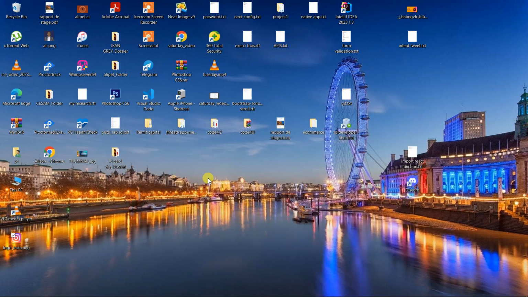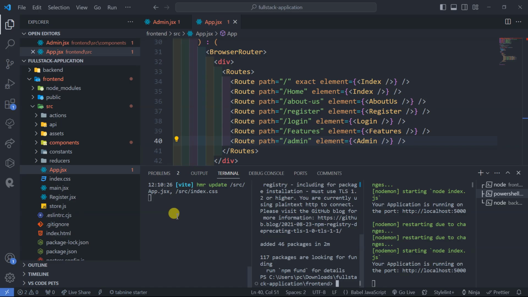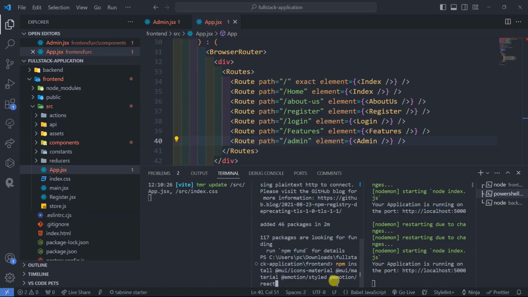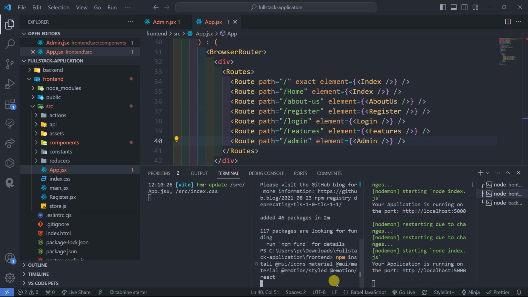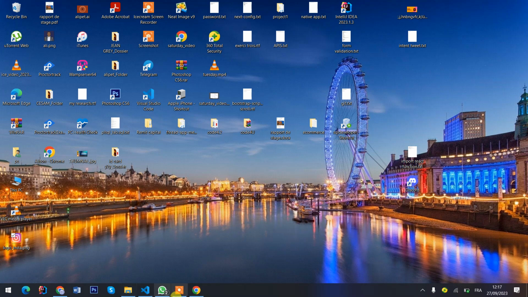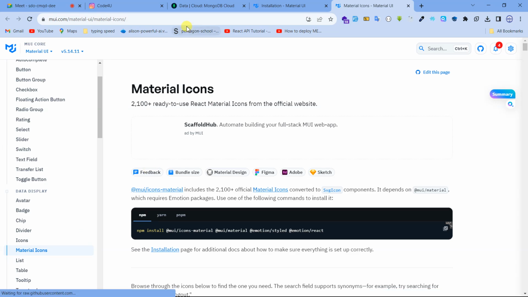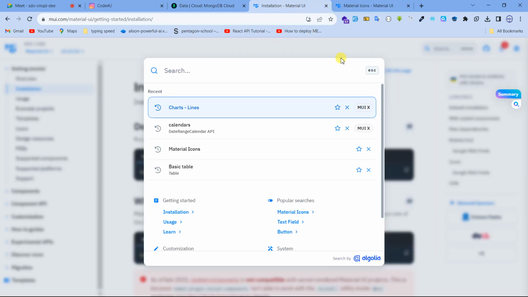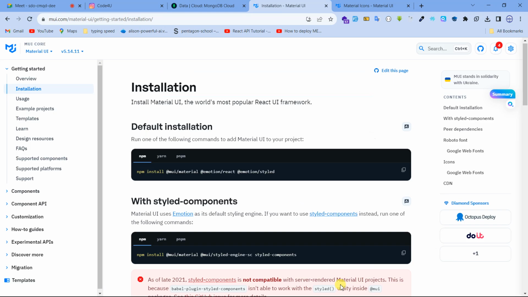Copy this one. Paste into your terminal or front end. Press enter. It's going to install. Now let us see what we want to get from them. Assuming our case is to get, okay, here they will ask you to search any. First of all, we want to apply our